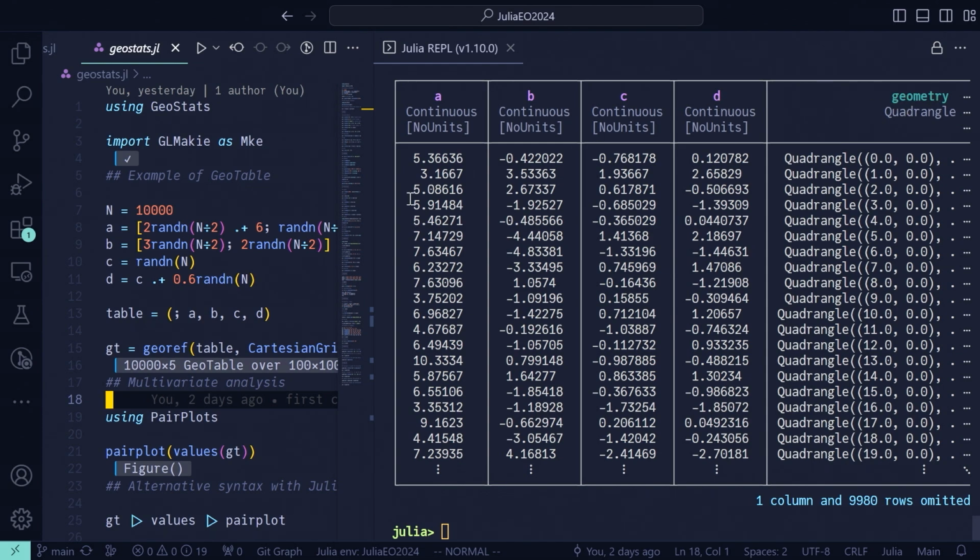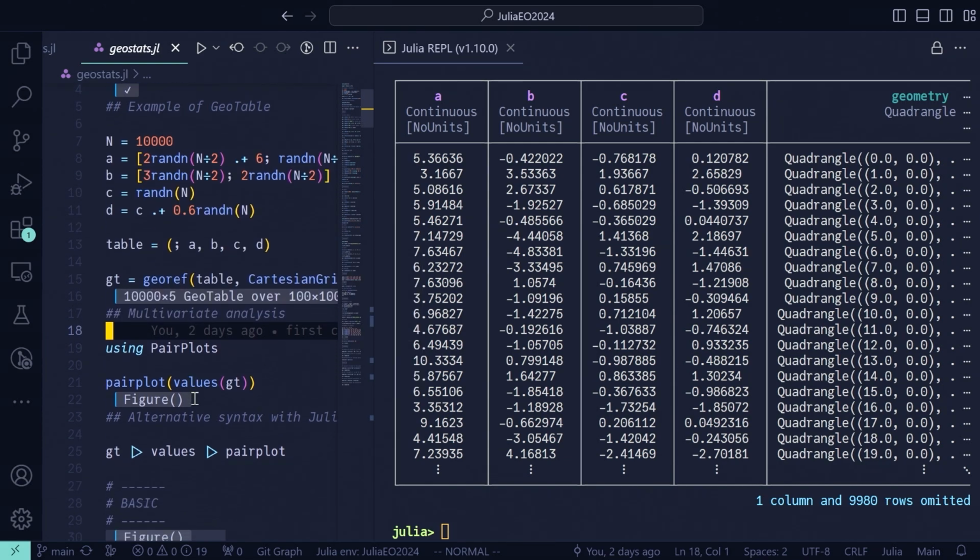Now say I want to visualize what is in this geotable. I can load one package that's very, very useful: PairPlots. PairPlots is useful for multivariate analysis, so it can take any table in Julia and produce these plots called corner plots or pair plots. In order to do this, we'll take our geotable, extract just the values, the subtable with features, and send it to the pair plot. So if I run this here,